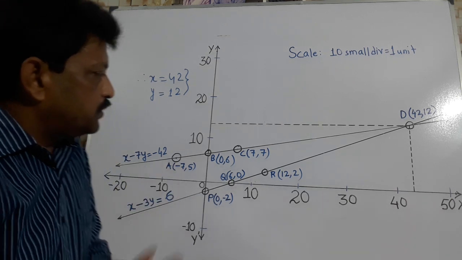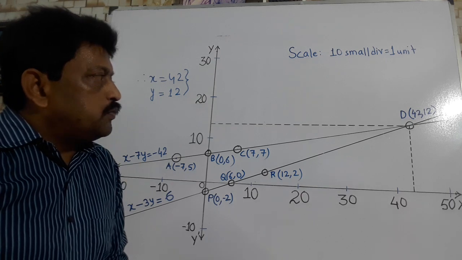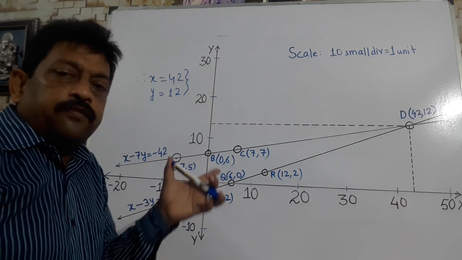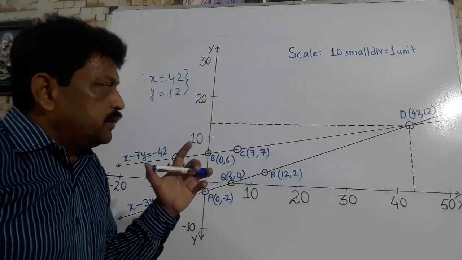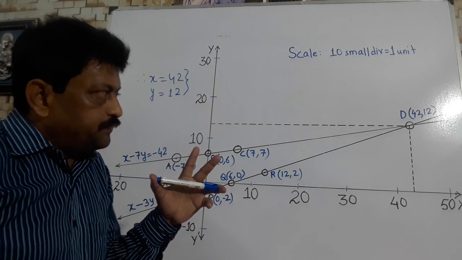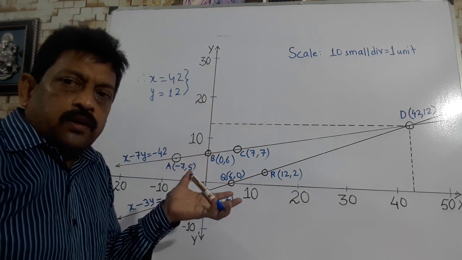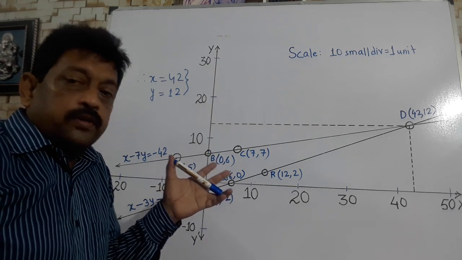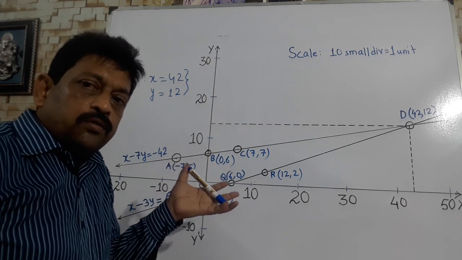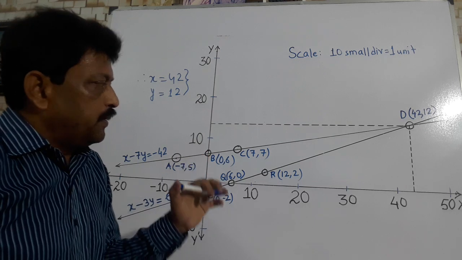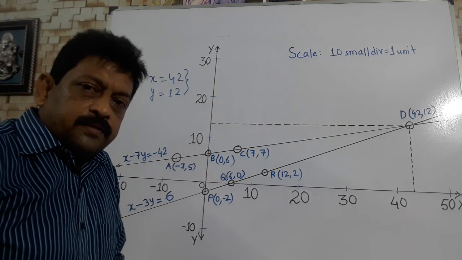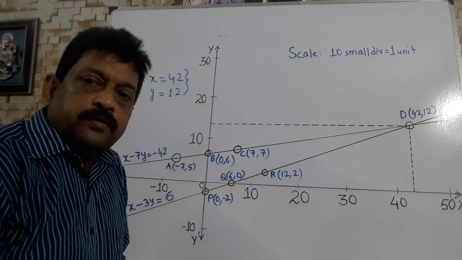So this is the whole thing, how to represent algebraically and graphically. I have shown you the first condition, when two lines intersect with each other. The next day I shall try to show the other parts also, that is the parallel lines or the coincident lines. So that's all for today.